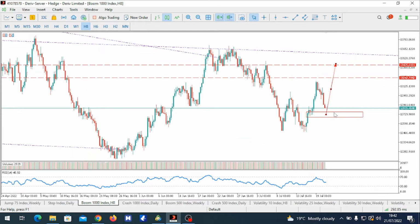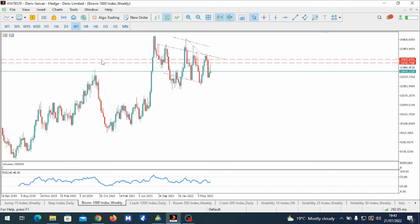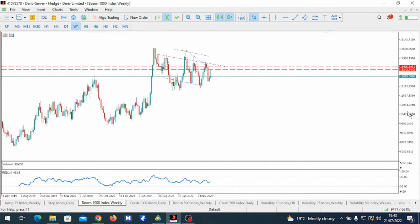There's something I'd like to show you. When you look at Boom 1000 from the weekly analysis, just a minute, we are still on an upward trend. As you can see, we are still on an upward trend generally. All this is a consolidation before a crazy breakout to the upside, because when you look at it in the